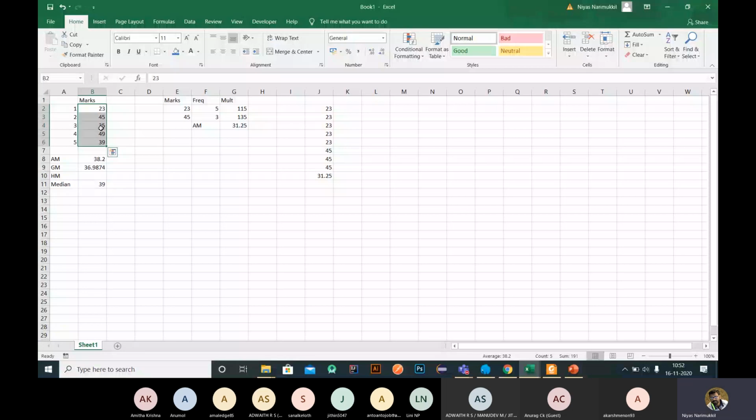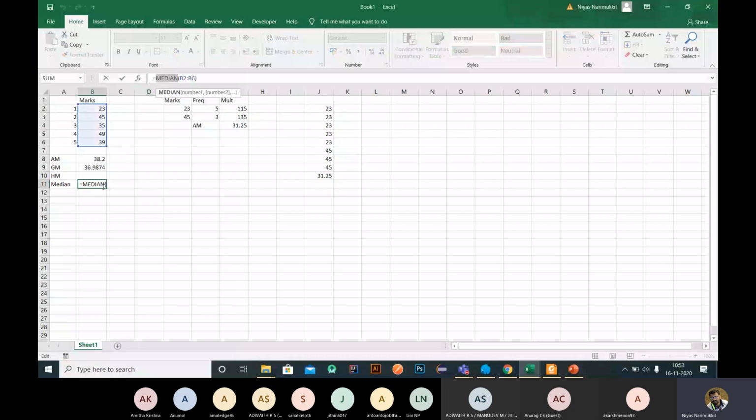For example, if there are 6 or 8 numbers, that is, an even count, then the median is the average of the two numbers in the center. If the number of items is odd, then we have only one median in the center, one element that divides the list into two partitions. So that is the median. If it is an even count, you need to find the average of two items. That is automatically calculated with the help of this median function. You can use the median function here.